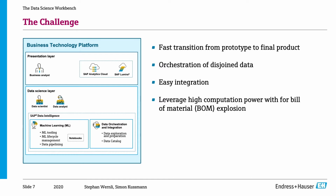All this data needs to be brought together to develop our final product. And of course, this final product then needs to be easily integrated into our current system landscape, and we would need high computation power for the execution of our implementation. Especially for us, if we want to know what kind of materials and which components are built into our final